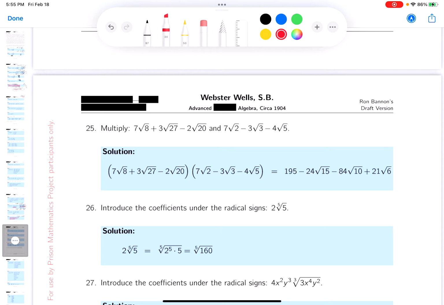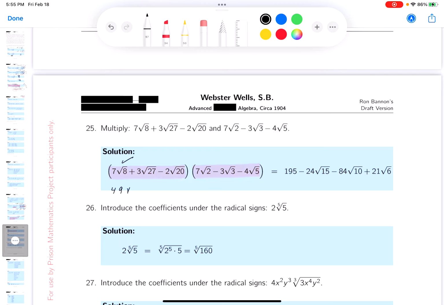Okay, it may seem like busy work to you, but the bottom line is it's a trinomial times a trinomial, and you've got to do the multiplications. Some people are faster than others. I'm a big fan of the distributive property. If I did that, I'll write down what I'm getting. You're going to get 7 times 7, which is 49. I'm taking this term, distributing across the other three terms. So 49, sorry about that,